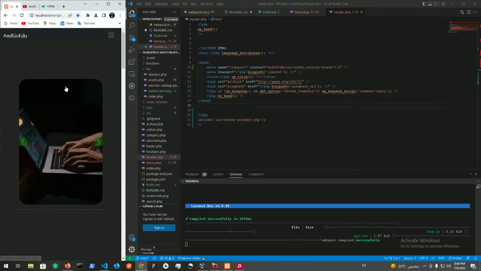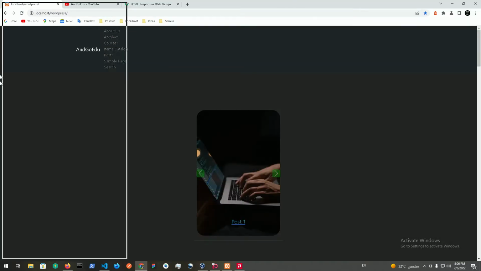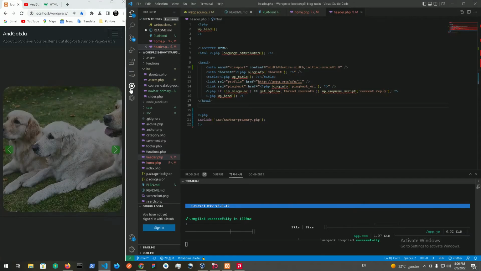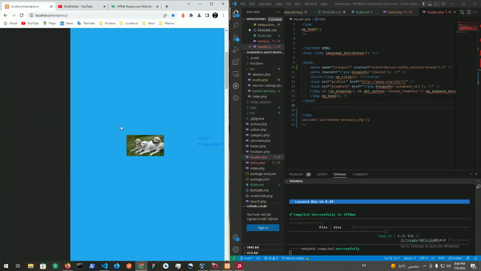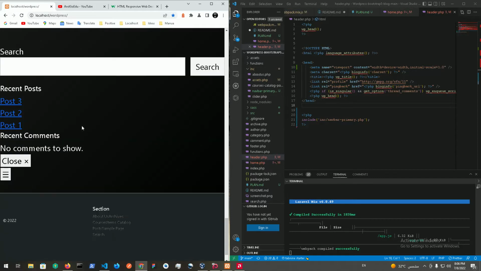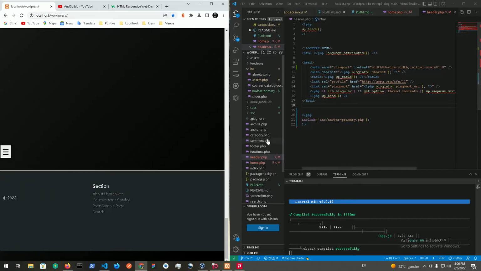All right, so we just did that, and we also want to fix right now the sidebar. So let's fix the sidebar. The sidebar looks really bad, I don't like it at all, so let's just fix that. So let's just go into where we